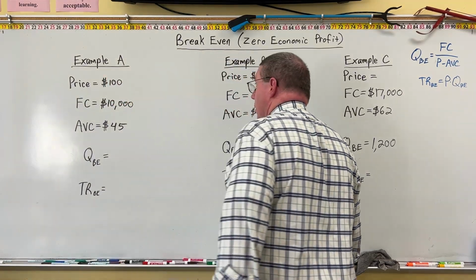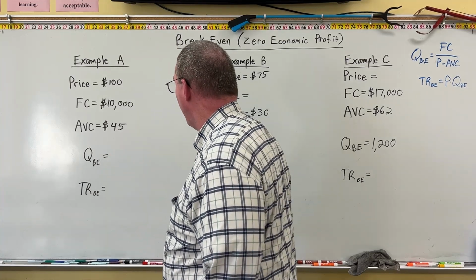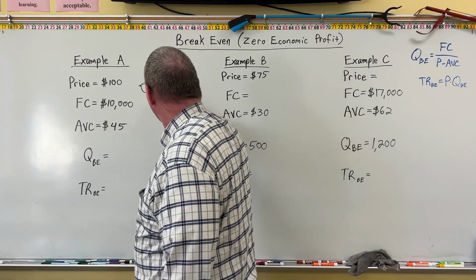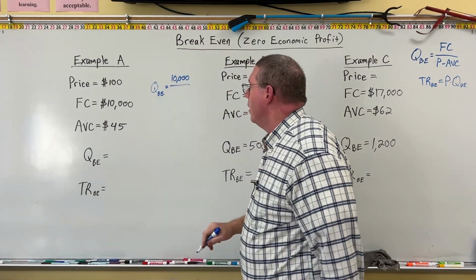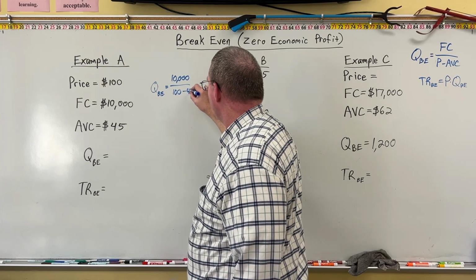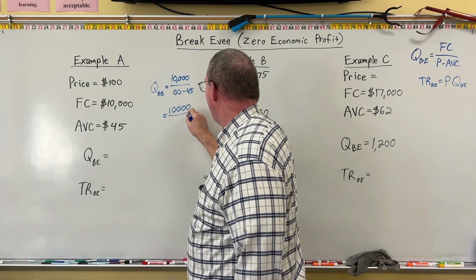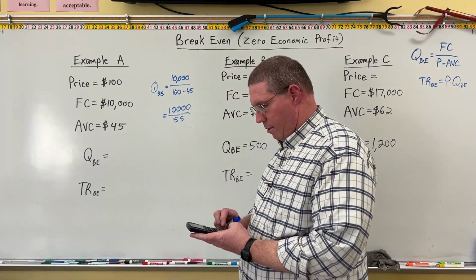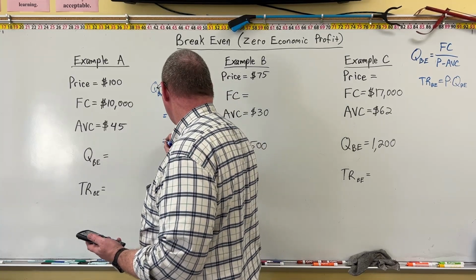All right, so over here, we're given that the price is 100, fixed costs are 10,000, average cost is 45. This is straight up calculating break-even quantity. So we know that break-even quantity is equal to fixed cost, that's 10,000, divided by price, 100, minus average variable cost, 45, okay? And so this is going to be 10,000 divided by 55, and I'm going to grab a calculator for this. All right, so 10,000 divided by 55. Now this is going to give us a decimal. It winds up being